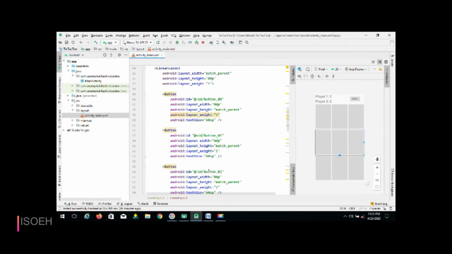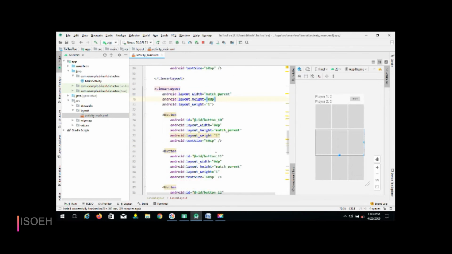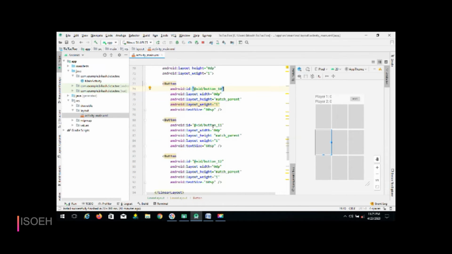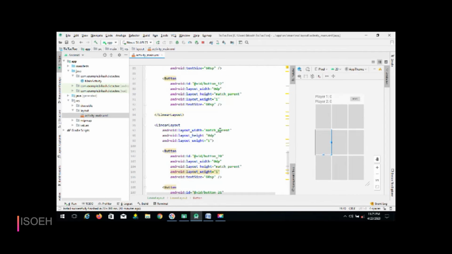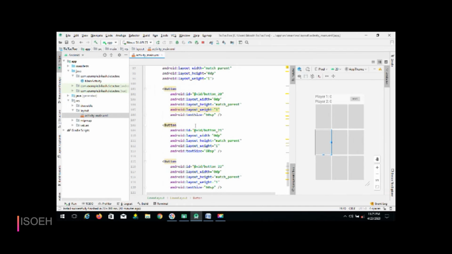You have to follow the same, copy and paste one layout for another, and here it is. But you have to identify your button ID here because each one is uniquely identified. Here this is button 11, button 10 and button 12.